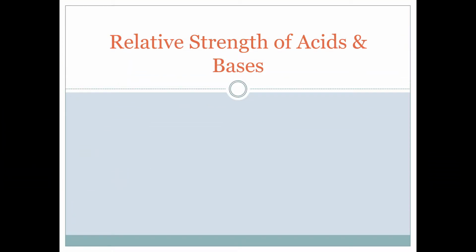This is Mr. Arocena, and in today's video, we're going to be talking about how to determine the strength of acids and bases that are not strong acids or strong bases. Strong acids and strong bases are really easy to identify because in your table of acid and base strengths, there were 6 strong acids, and if you remember what they were,